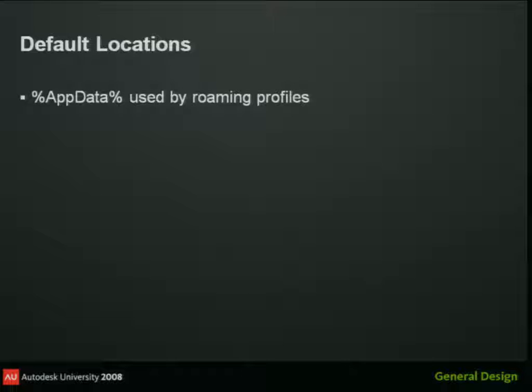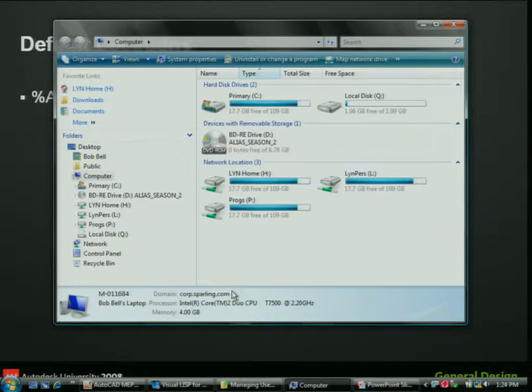Well, it's because Autodesk, in maintaining compliance with Microsoft certification, requires that programs stuff their user customized files in a specific location, which starts with that app data. Now, I put %appdata% up here because at Windows Explorer, at the address bar, you can type that in and get to that location. And many of you probably didn't know that, but if we bring up Windows Explorer here,